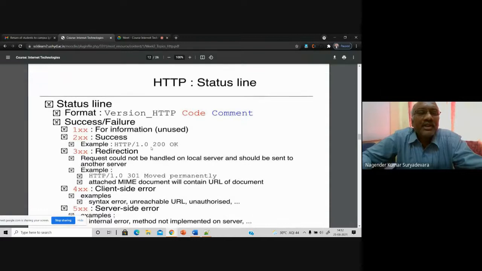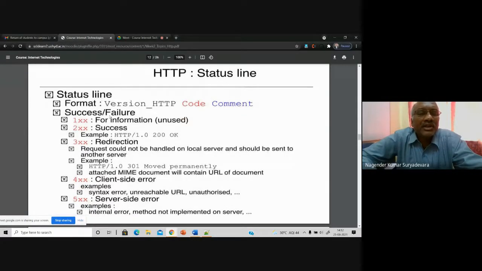So this is the HTTP status line. As I just told you, success pages will always be prefixed with 2, and of course redirection. If a resource is moved from one server to another, usually Google and other servers keep moving their resources to be made available across the internet.